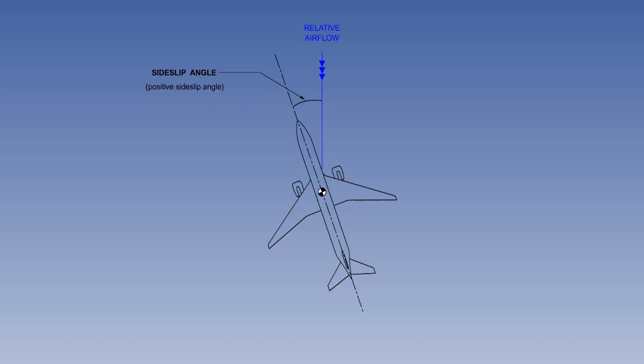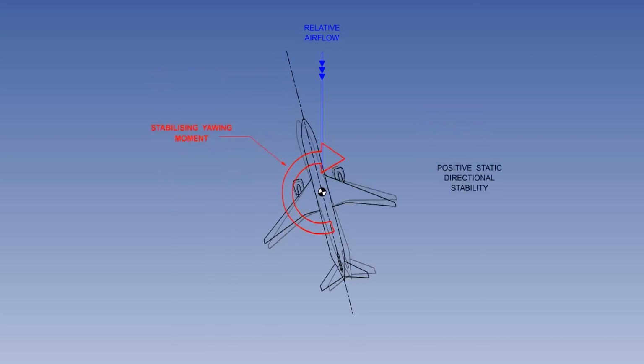If the aircraft is yawed to the right, it would be a negative side-slip angle. A question in the written exam might describe this aircraft as being nose to the left. However, a pilot would describe this aircraft as being in a right side-slip. If the aircraft illustrated has directional stability, when displaced from equilibrium, it would generate a stabilizing yawing moment to the